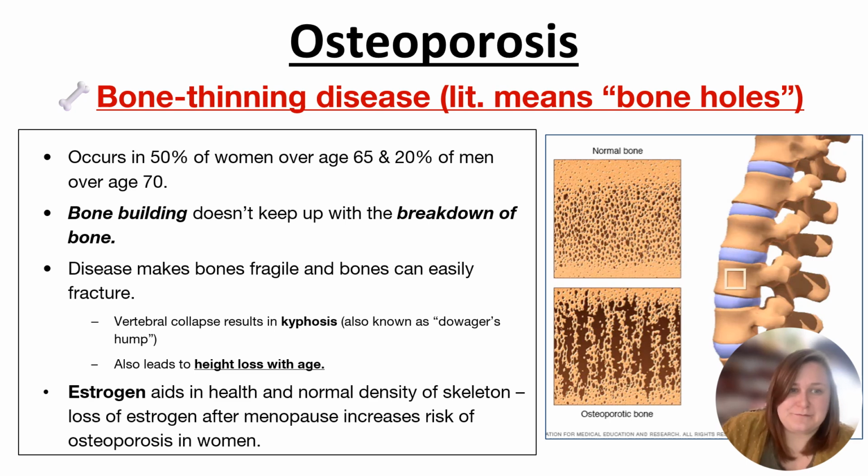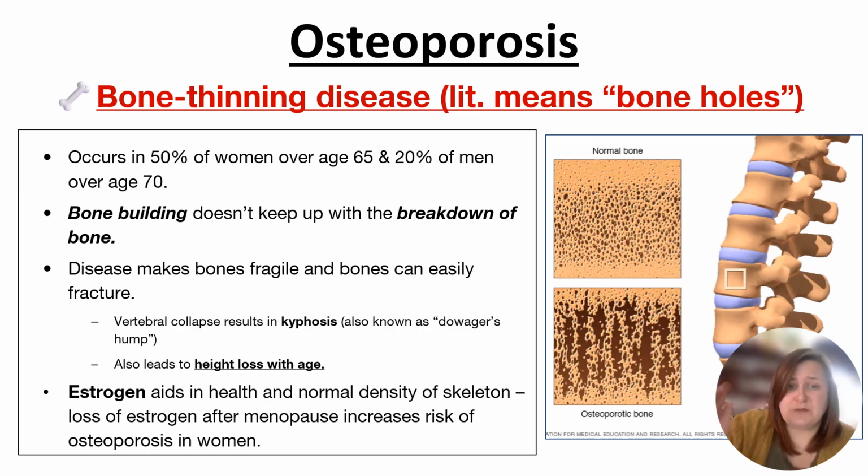And lastly, let's talk again just a little bit more about osteoporosis. This is the bone thinning disease. It literally means bone holes. This occurs in 50% of women over age 65 and 20% of men over age 70. In this disorder, bone building doesn't keep up with the breakdown of bone. The disease can make bones fragile and the bones can easily fracture. This can lead to issues with vertebral collapse,